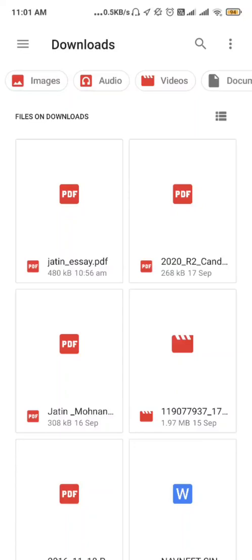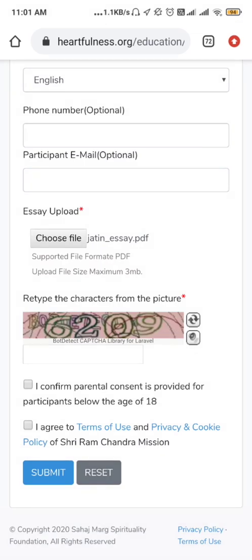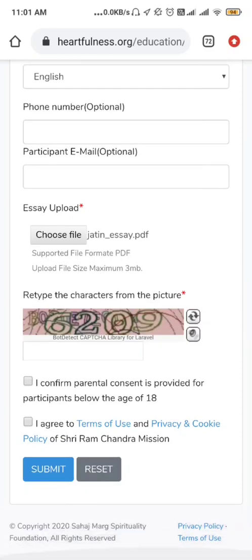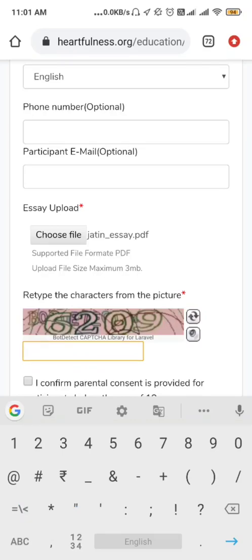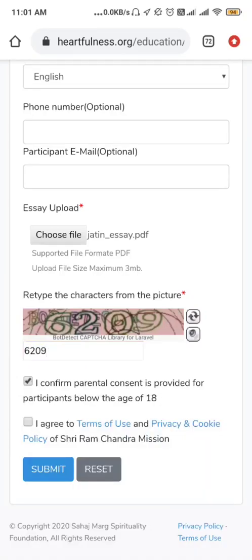You remember I have saved it by this name. Choose it. Now you can see Jatin_essay.pdf is loaded here. You need to put the captcha here, 6209. Confirm both the things, and then you have to submit your essay.